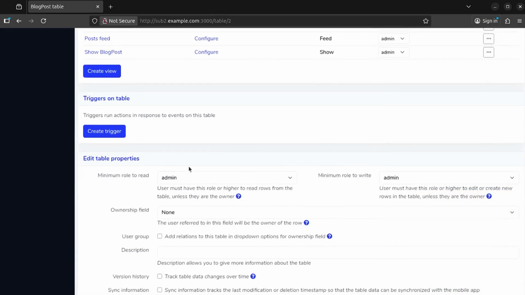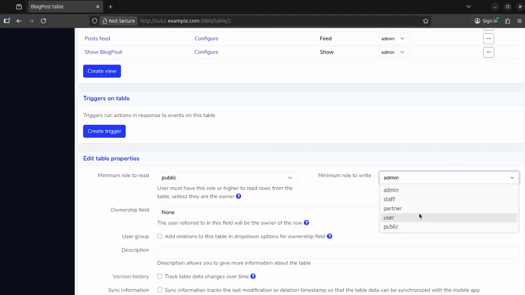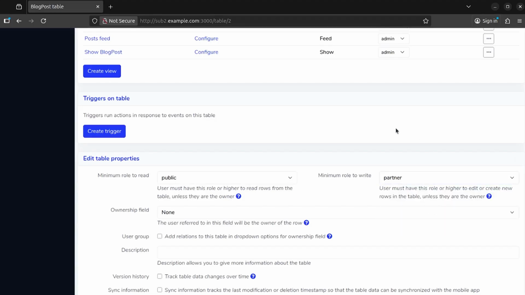Okay, so first we have to start by setting the table minimum role to read. So for a table, you get minimum role to read and minimum role to write, and so anyone here can now read these rows, but only admin can write. And in fact, let's make it so that partner can write. So now partners can log in and create new